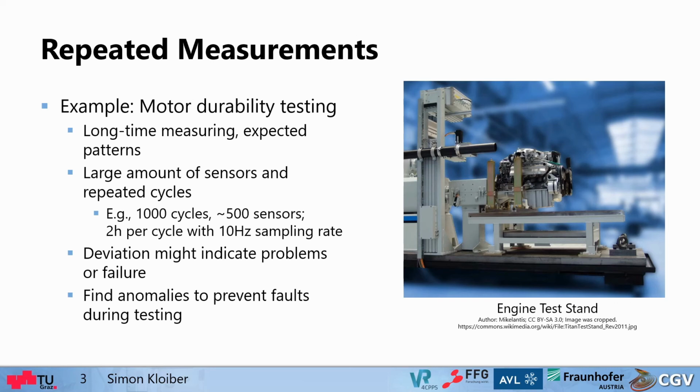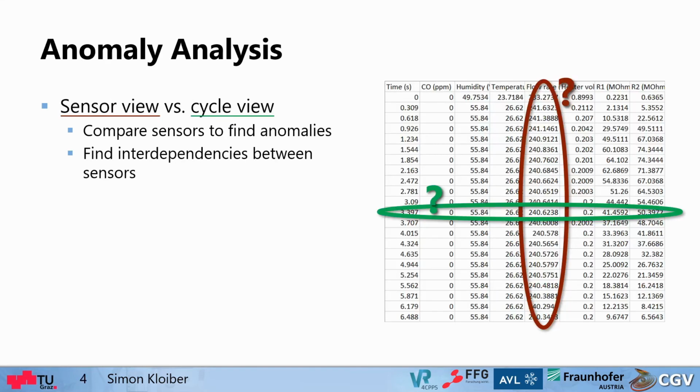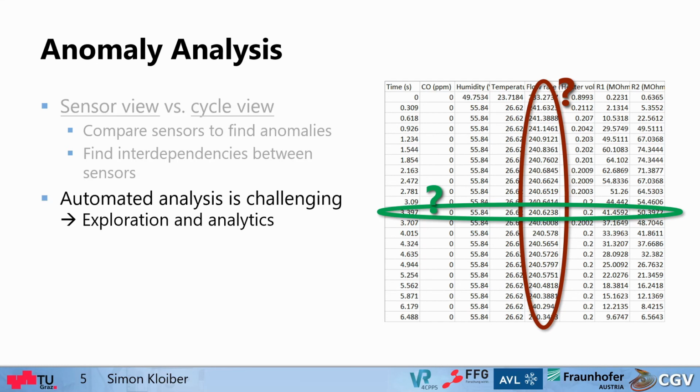In our work, we use a subset of data from such a use case, but also from a chemical detection platform. Now, to analyze anomalies, we need two different views on the data. First, of course, we need to view the time series of one sensor over multiple cycles to learn the expected behavior. Then we might be interested in the interdependencies between sensors. For example, if we found an anomaly, we would need to look at singular cycles and see the time series of multiple different sensors of the same cycle.